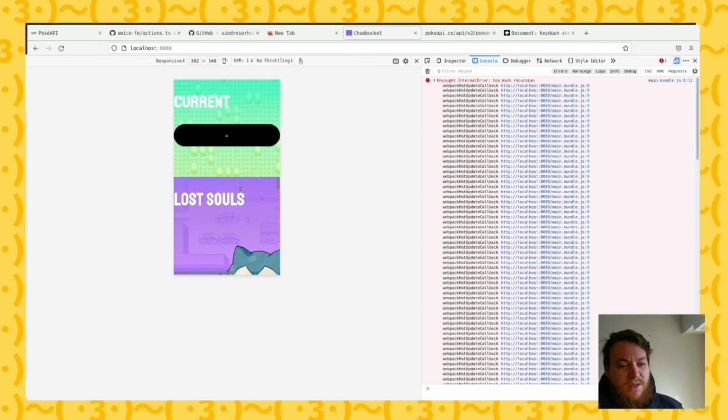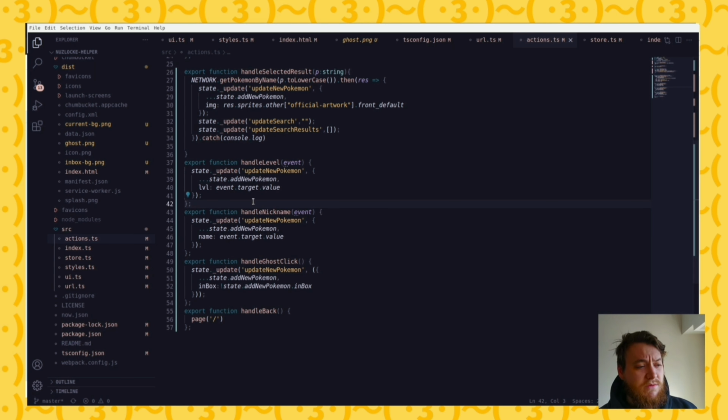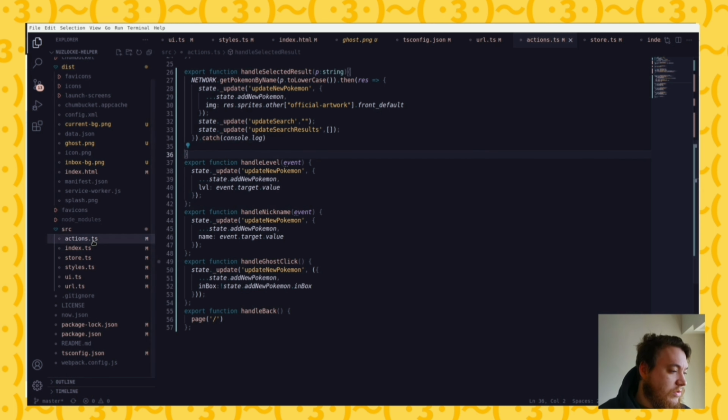Easy. Alright, so I think the other one is, I guess, remove Pokemon. So let's jump back into the code. Let's do remove, and then I think we can focus pretty much on styles. Now that I fixed that, let me properly go through the search. I'll go to the actions,